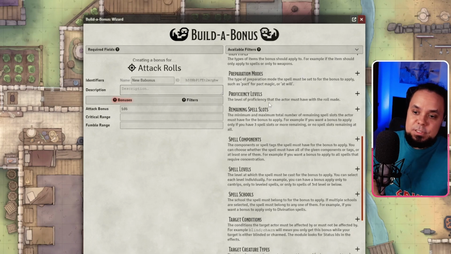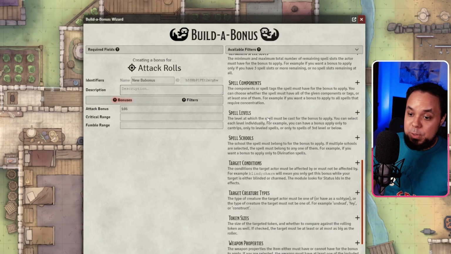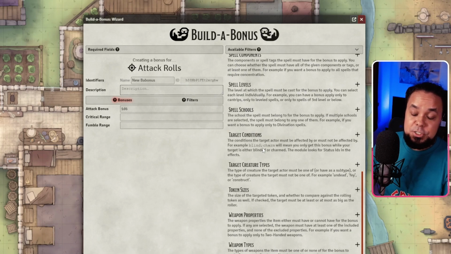Then proficiency levels, like if the actor has to have a certain level of proficiency for this bonus to apply. Remaining spell slots, if you have to have a certain amount of spell slots for the bonus to apply. Spell components, if you have to have certain spell component tags for the bonus to apply. Spell levels, if the spell has to be of a certain level for the bonus to apply, spell schools, so if it has to be of a certain spell school to apply, target conditions, so the target that you are attacking, if it has to be of a certain condition, for example, blind or charm,